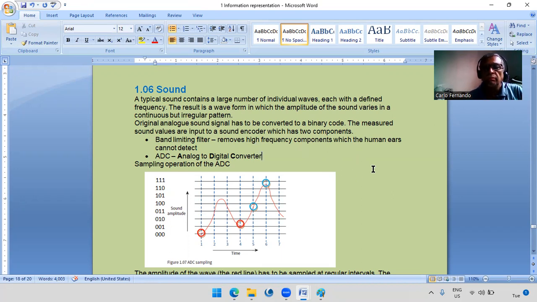But the computer doesn't understand analog. So the measured sound values are put into a sound encoder. You have to encode what is recorded, convert the sound into binary codes. That's called the encoder, which has two components. One is the band limiting filter,